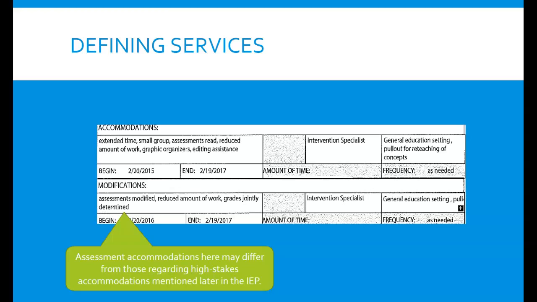Again, you want to talk about the different settings that are going to be needed. Where are these accommodations going to be happening? Are they going to be happening in all classes? Are they only happening when the child is in general education classrooms? So we really want to make sure we're considering all of those things. We also want to make sure that we use the same beginning and end time